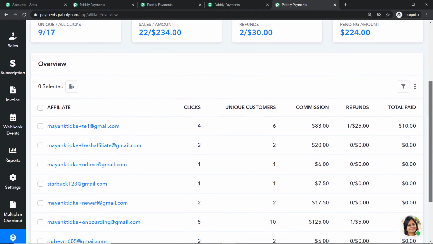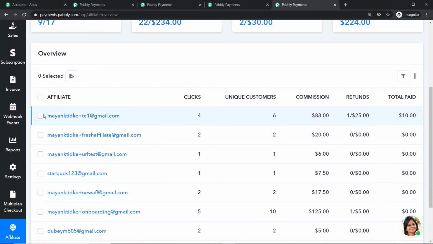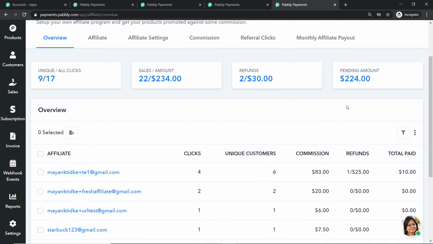Okay, so let's scroll down and let's look at the affiliates. So these are the affiliates I have. Actually, if you want, you can sort these affiliates according to clicks, sales and refunds. When you press on these 3 dots, you have the option sort by clicks, sort by sales and sort by refunds. So I'm going to sort by clicks.